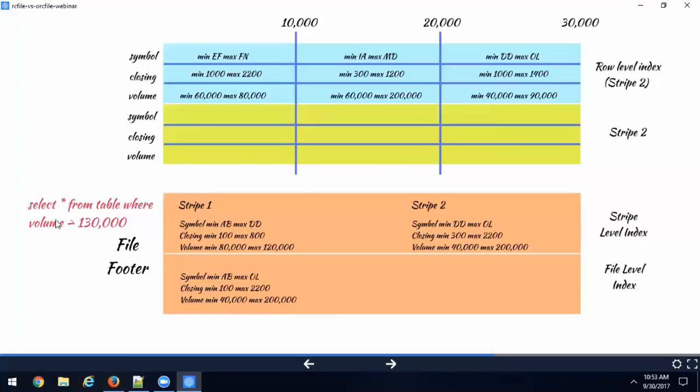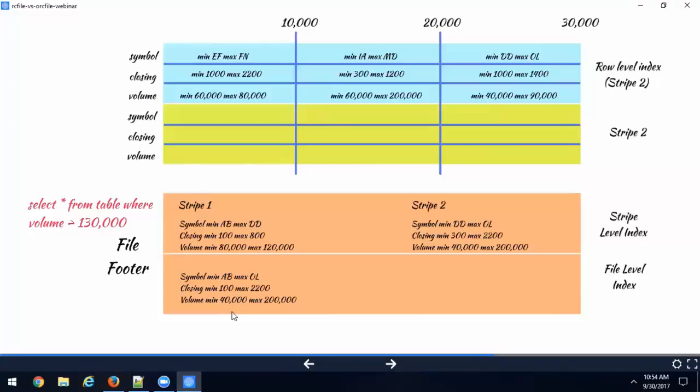What if you write a query, select star from table where volume greater than 200,000, or let's say volume greater than 300,000, right? ORC will look at this file index. It will look at the volume statistics. It will see the max is 200,000. There is no point even reading this file, okay? And if your data set, let's say, is 2 terabytes, and you're able to skip an entire file based on the statistics, that's quite powerful. You just didn't read the whole file at all because there is no need.